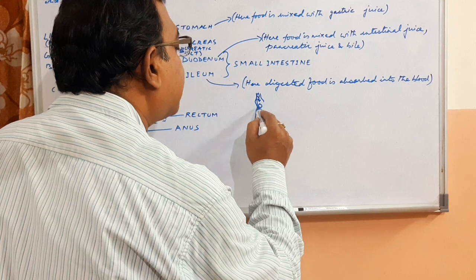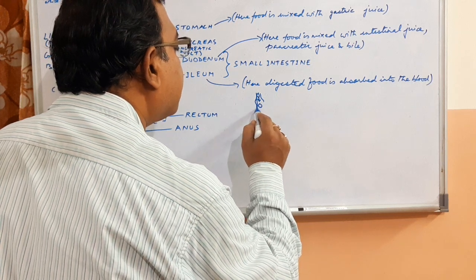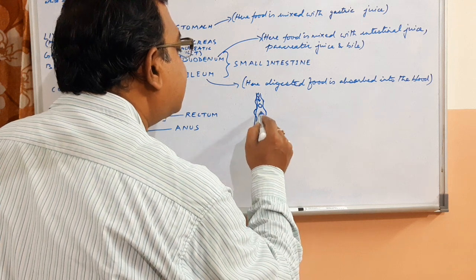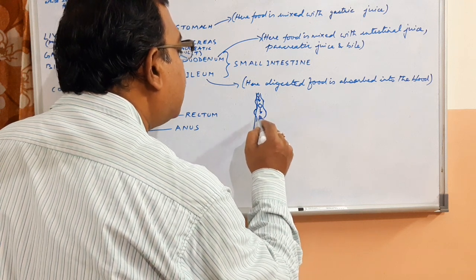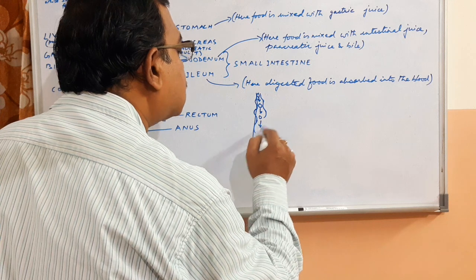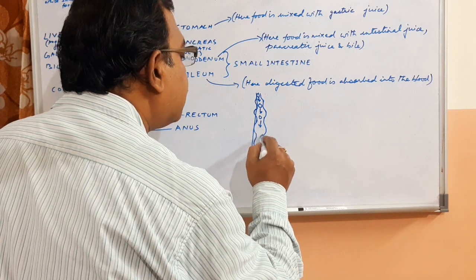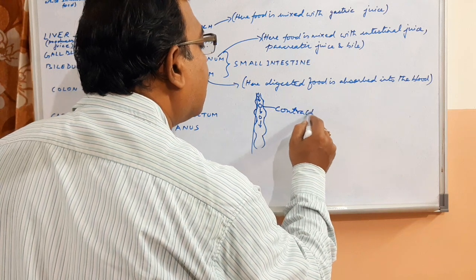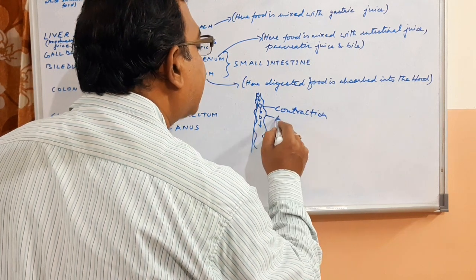Again, when food comes over here, again there is relaxation. So you can see in this way, food is passed by this alternate contraction and relaxation